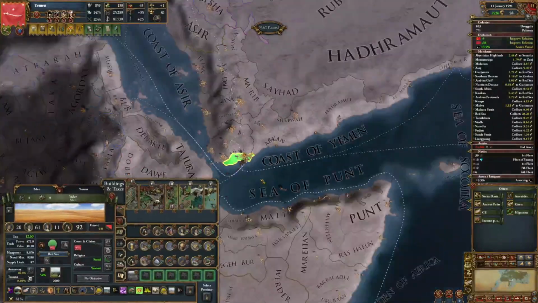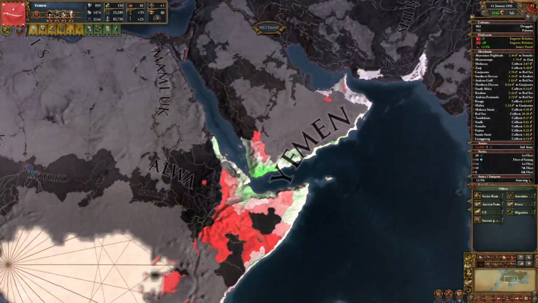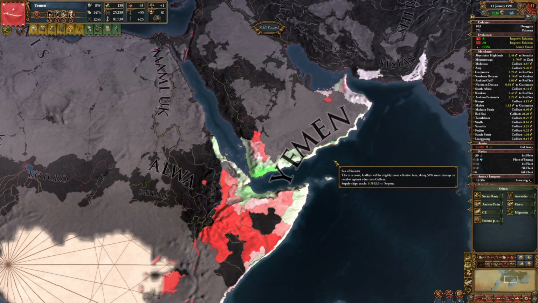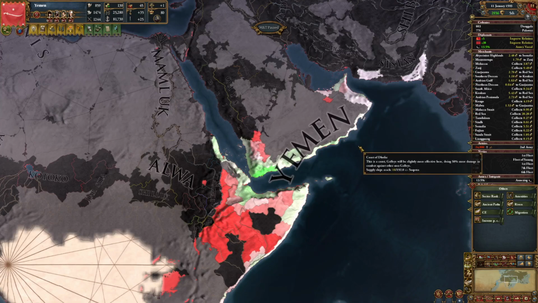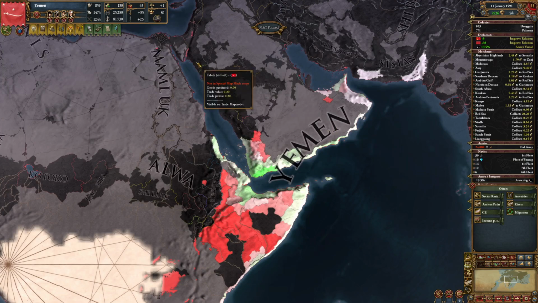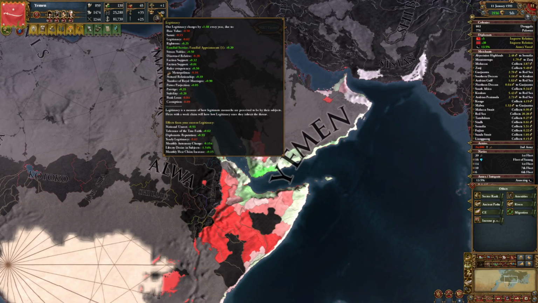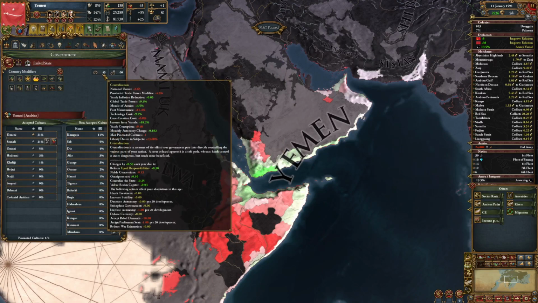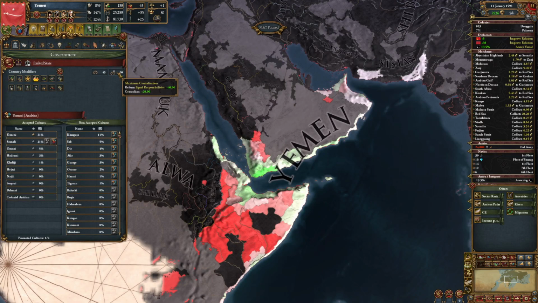And yeah, that's basically one of the main factors you need to consider. In the early game, you always want to keep an eye on what you want to conquer and how far away it is. Because the only things you can influence relatively quickly are the legitimacy of the ruler. So you want to have legitimate rulers. To a certain degree, centralization, because you can get it up relatively quickly.